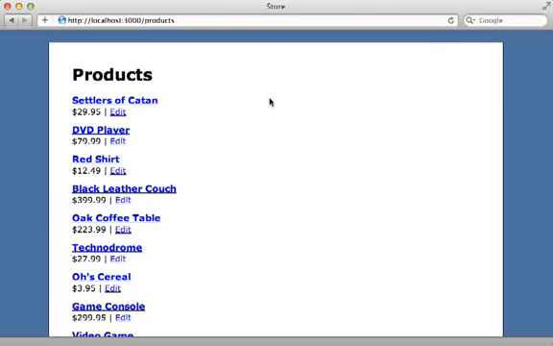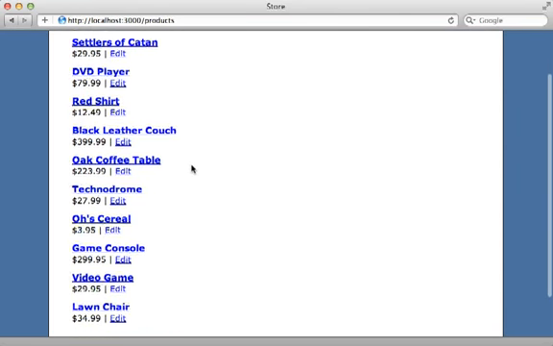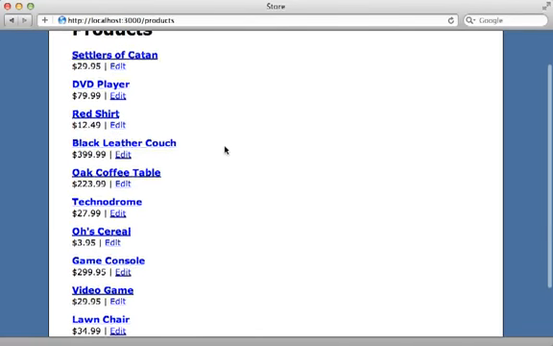Page caching is one of the most efficient forms of caching in a Rails app because it means future requests do not have to hit the Rails app at all. The way it works is that the entire content of a page is cached into a file, which is then served up by the front-end web server. So let's get started by adding some page caching to this page right here, which just displays a list of